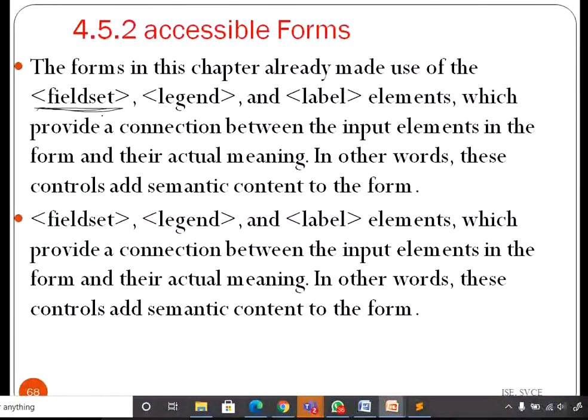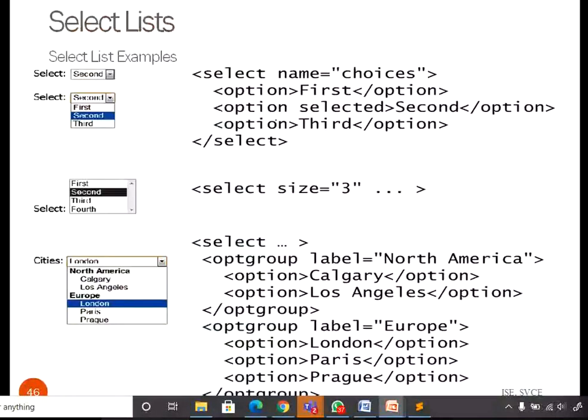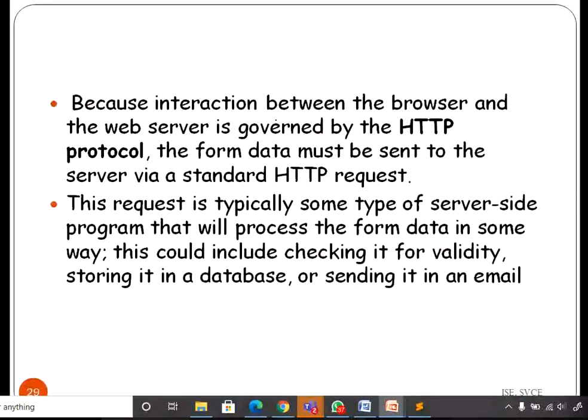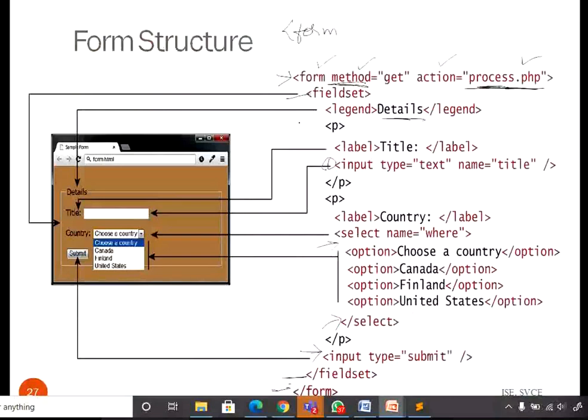And also use legend. What is label? The first-class table structure we have used. Can you see the fieldset? It is going to group whatever input fields or form elements you are going to add. It just creates a group. Can you see here, there is a light gray box? That is going to group the form elements, and you can see it is so clear that all these elements are related to some particular information.